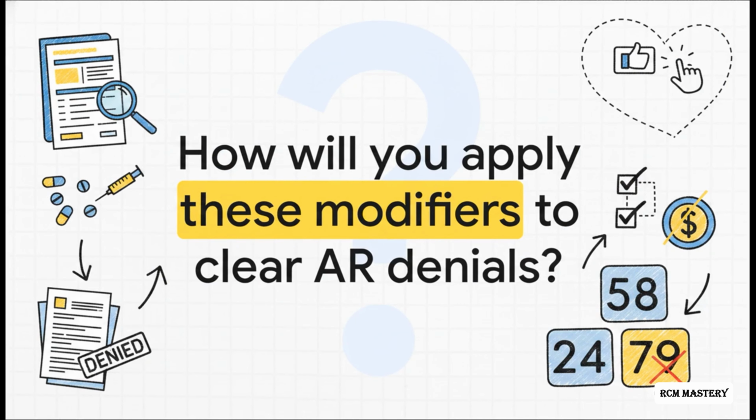We've covered a lot of really crucial ground in this explainer today, but the real test is how you apply it. Take a good, hard look at your current accounts receivable queues. How are you going to methodically use modifiers 24, 58, 78, and 79 to clear out those specific global-to-surgery denials today? Review your documentation, double-check those diagnosis codes, and append your modifiers with